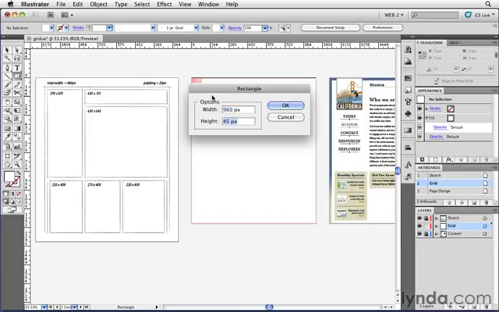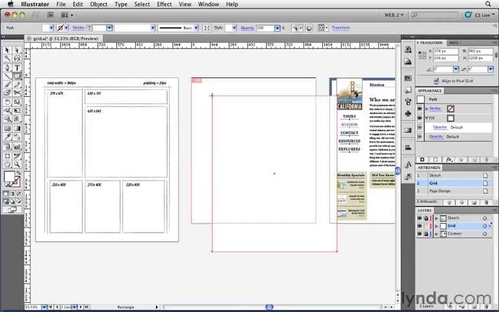And a height really at this point doesn't make much of a difference. I'm just going to type in about 1200 and click OK. Notice that my rectangle is right here. I'm going to change its color to a dark gray, maybe about this one right here. This I find very useful. You'll find that the profiles that come with Illustrator all have a color group that is called grays, and it